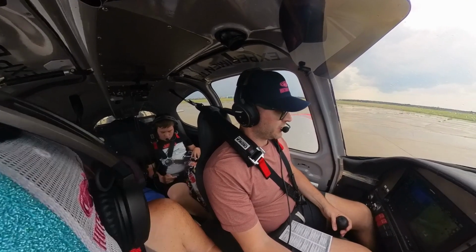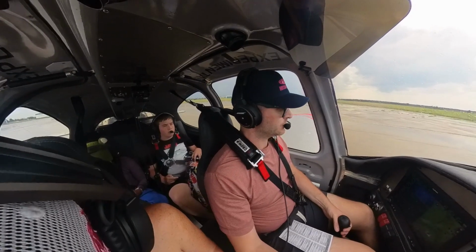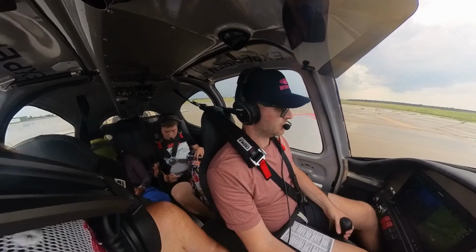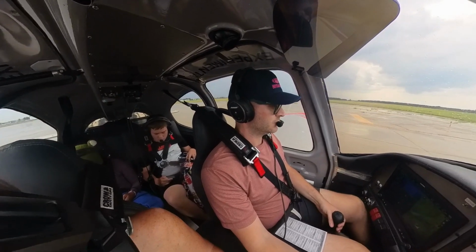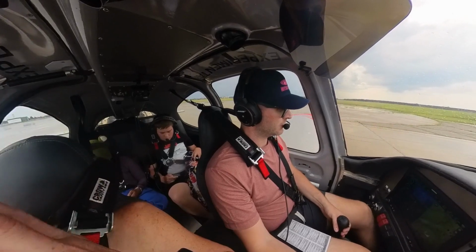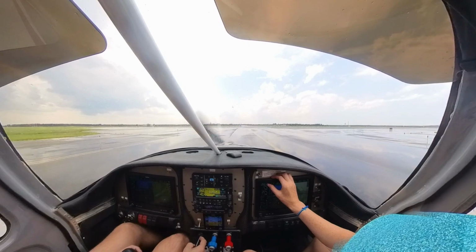Tower, 955 Charlie Tango, ready for departure, runway 1. November 955 Charlie Tango, tower, runway 1, cleared for takeoff. Right turnout approved to the northeast, and report leaving the Delta, please. Okay, cleared for takeoff, runway 1, right turnout approved, we'll report clearing the Delta, and just to confirm...